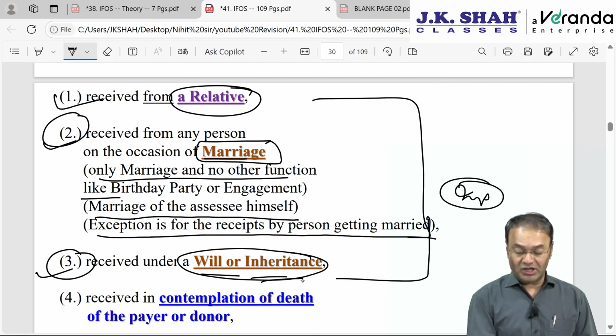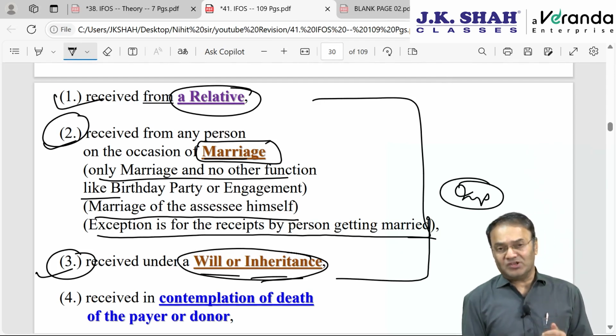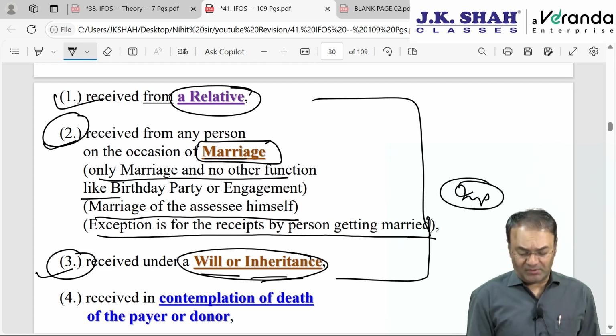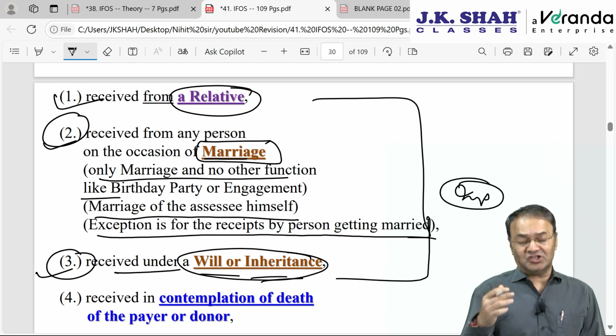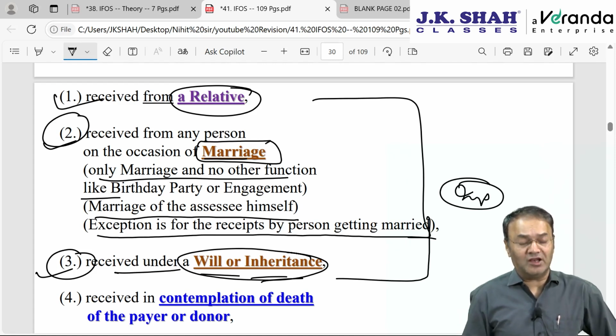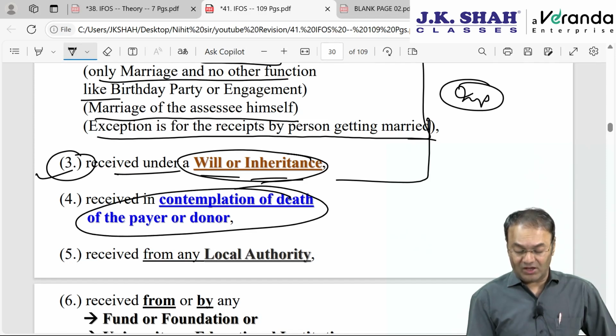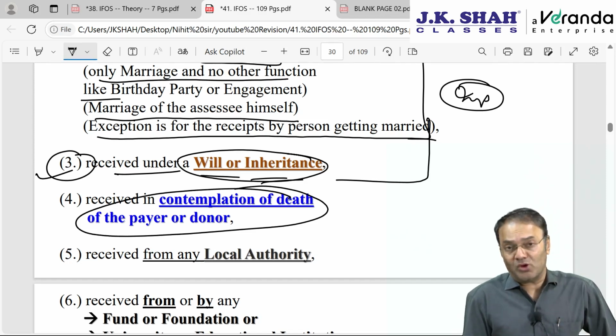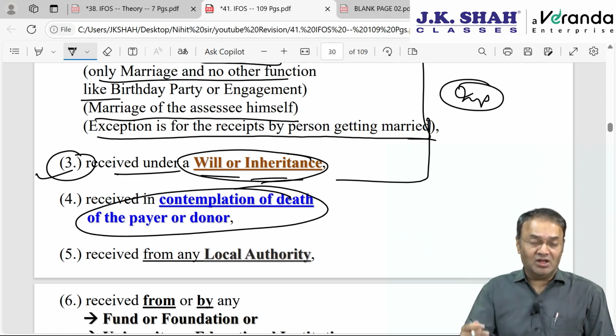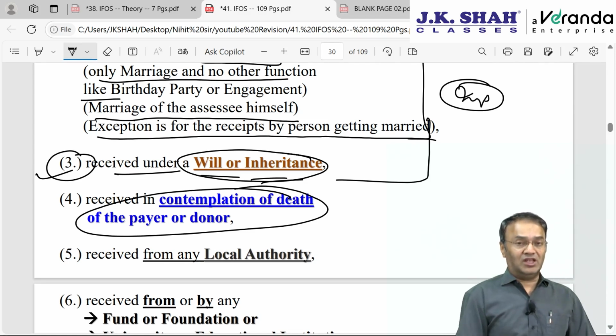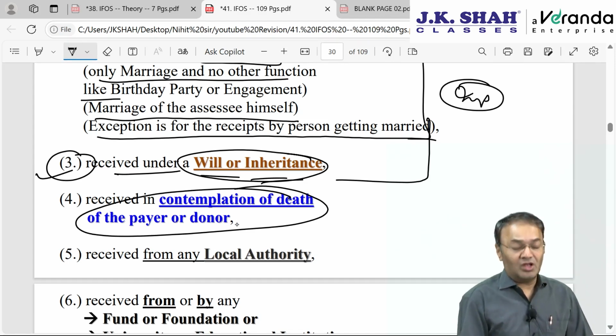Received upon will or inheritance, received as per the will of the deceased, meaning thereby somebody has died, somebody has passed away, that senior citizen from whom you inherited property has passed away. Contemplation of death of the payer or the donor. The donor is about to die, maybe he has become brain dead and before his death he has already passed on something to him, or